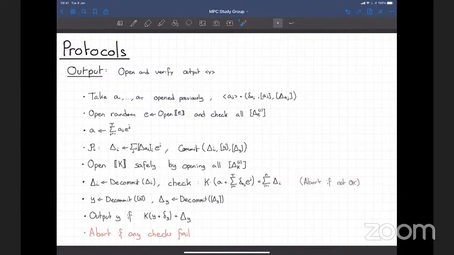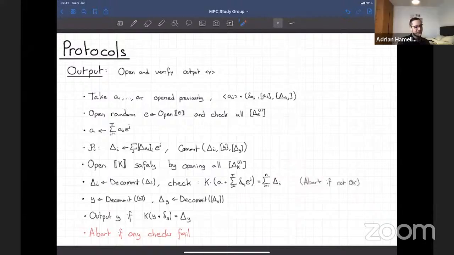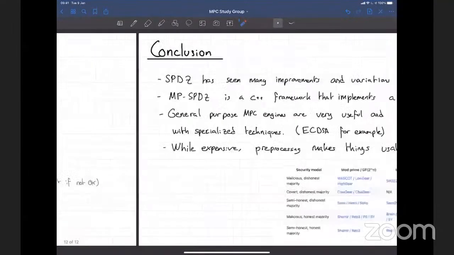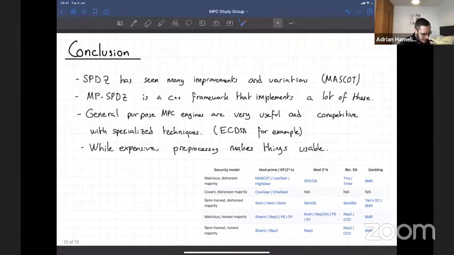So I'm not sure whether these ideas generalize to thresholds strictly lower than n, as well as the other ideas from ECDSA. But I think there are like 20 papers on SPDZ after SPDZ. So definitely someone had to ask this question and try to respond. You should look. Yeah, there's a lot.